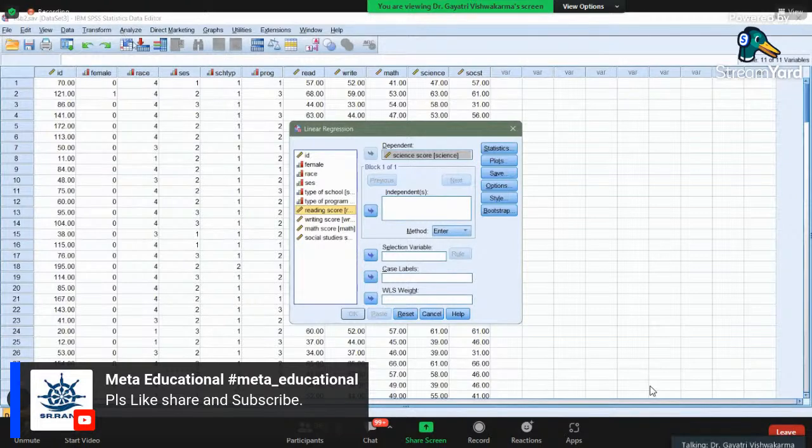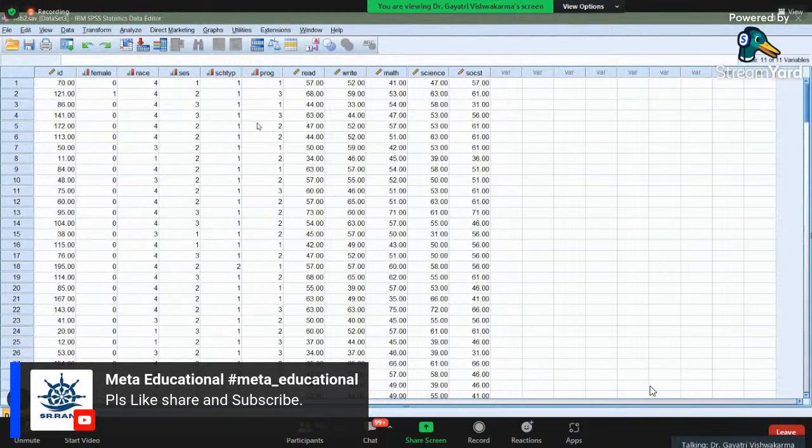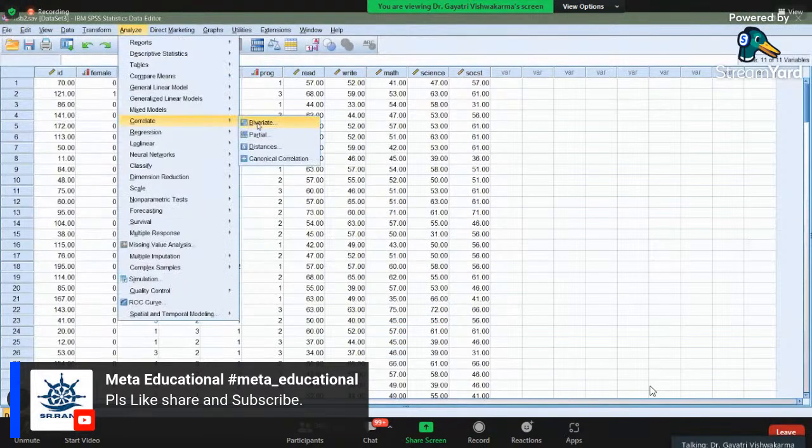You have to first see whether these marks are correlated. Though it is obvious that math, reading, and social science marks will be correlated with the science marks, still these are the variables which are known. But sometimes when you are doing a different study, in a clinical study, you don't know what the relationship could be. So you have to do the graduation first and then come to the post graduation, right? So let's check the graduation part.